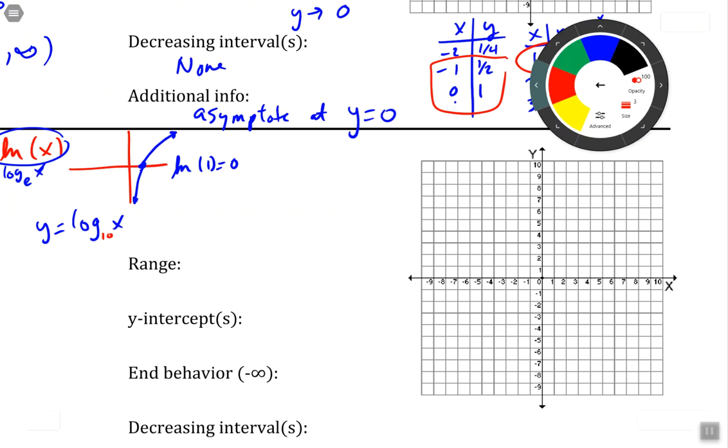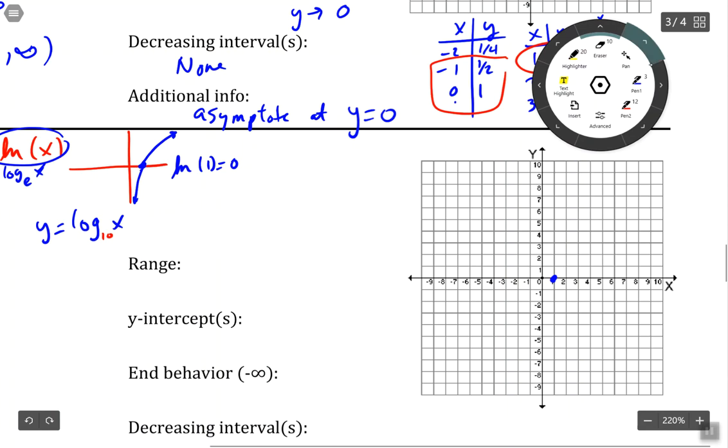They do. Every one of them goes through (1, 0). Every single one of them is going to go through that point right there. Suppose the base is 2, because that's what we're going to do for our graph. Let me erase this. For this graph, we're going to graph: